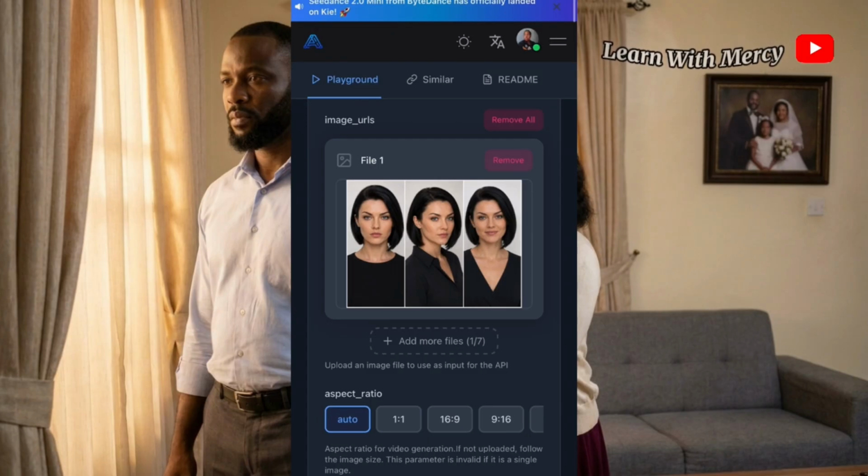Okay, it has free credit that you can use to generate about 2 videos, and each video gives you 8 seconds. You can generate 2 videos, and if you want to generate more than that, it won't let you. It will ask you to upgrade. All right, but you guys know how we do it. You're going to switch to another account so that you continue your generation.